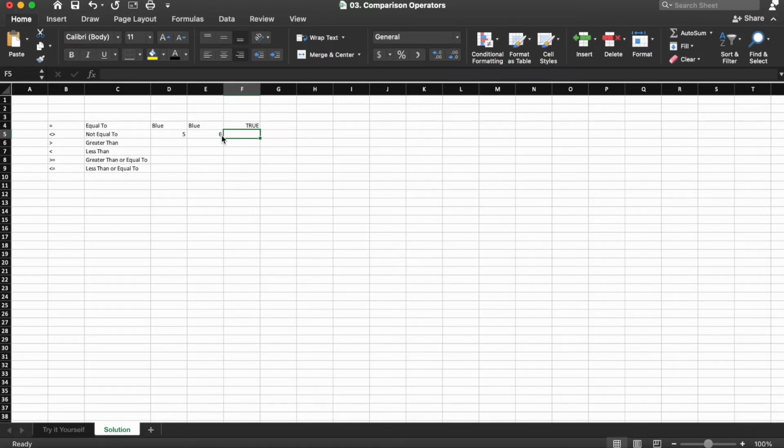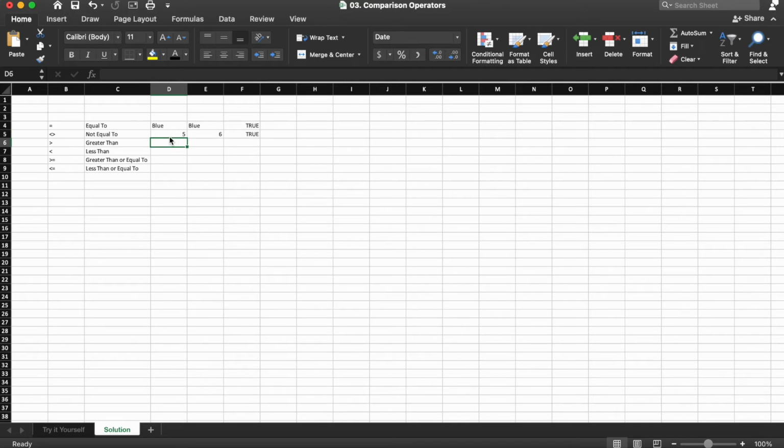Then if we jump to cell F5, we're going to do equals D5 not equals E5, and F5 evaluates to true. Now again, if we want to make it evaluate to false, we can go over to D5, put the number 6 in there, and we see that F5 evaluates to false. Let's make that 5 again.